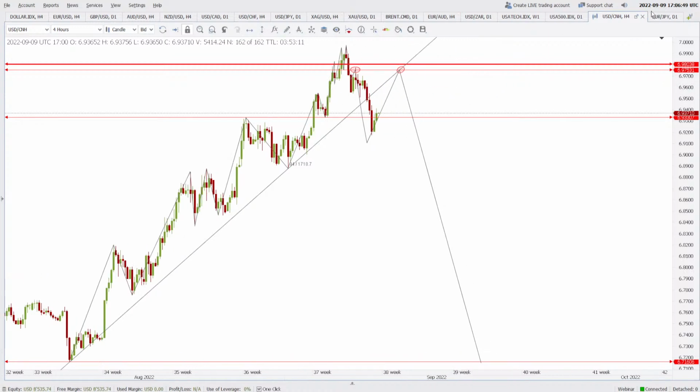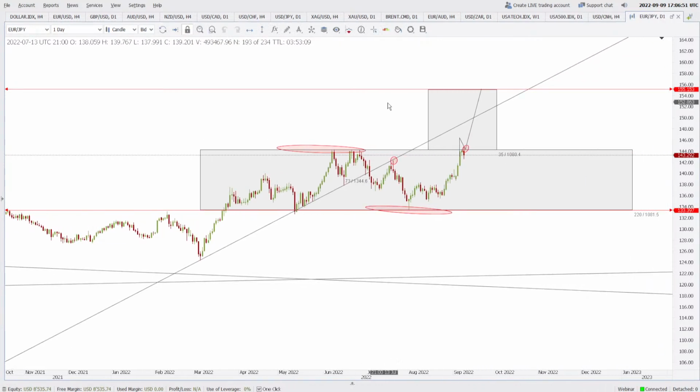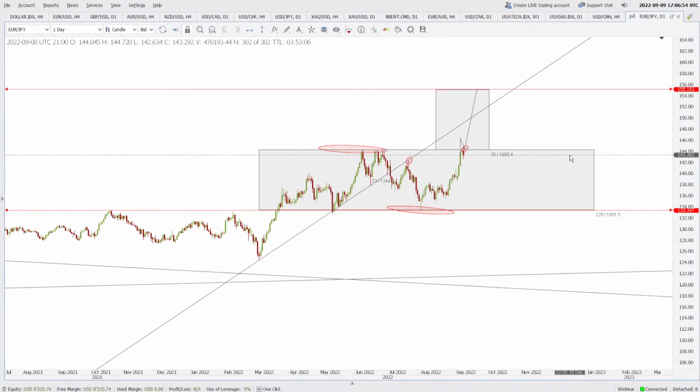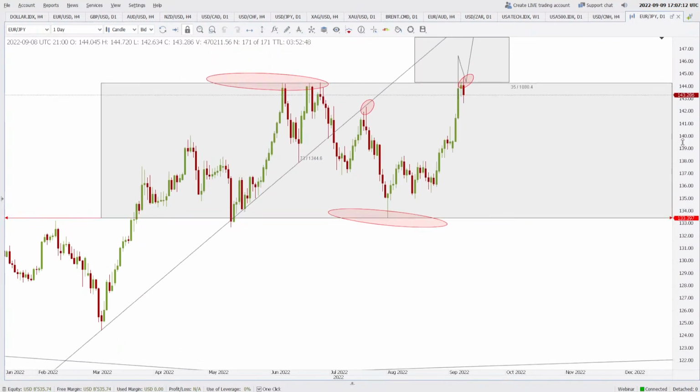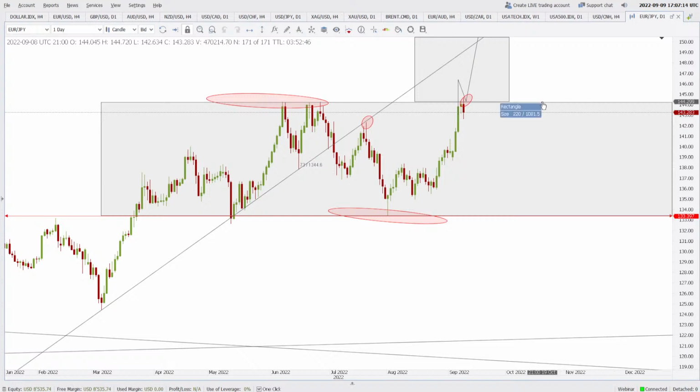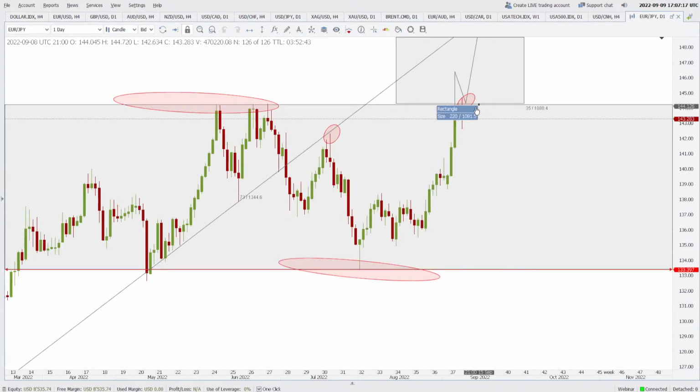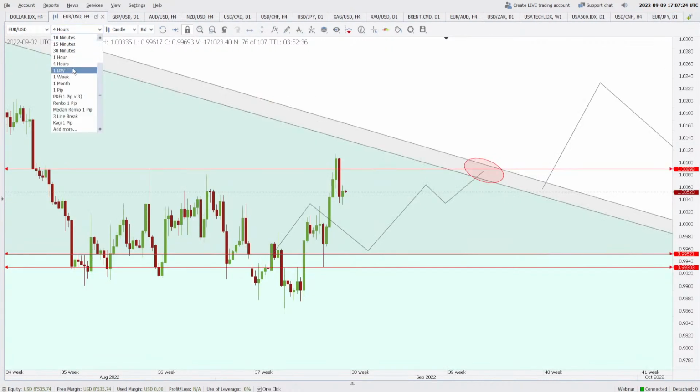Okay, last thing is Euro JPY. Yesterday one of our friends suggested to watch Euro JPY. I think it was Damien, I'm not sure, or it was Anwar. He said let us have a look at the Euro JPY, and my friends, Euro JPY is looking very good. Why? We were thinking that 143.28 will be broken. We were thinking that yesterday, if the euro rises it will be broken, but the euro did rise and it did not break.